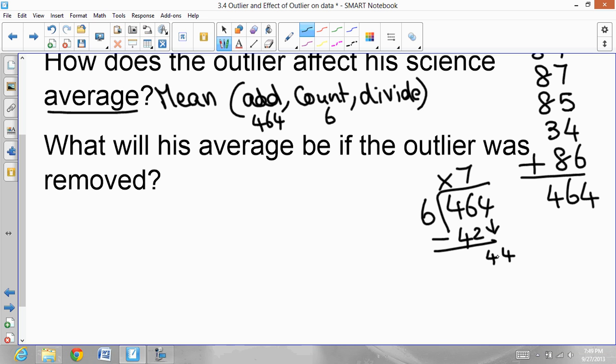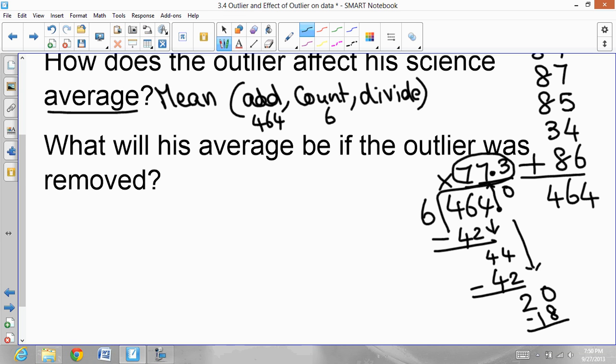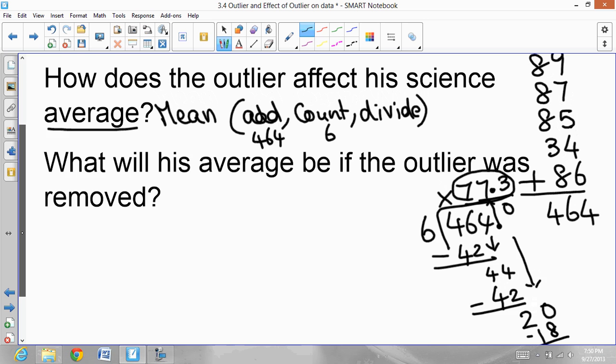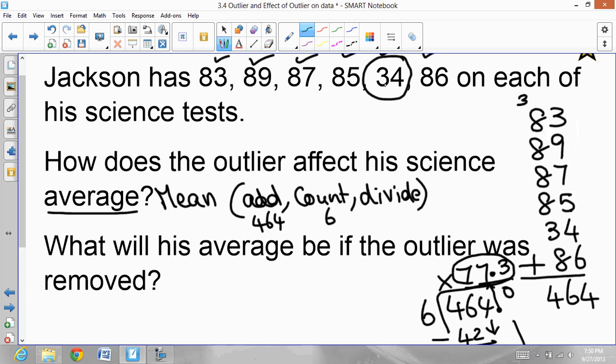So 6 goes into a 44 7 times, which in this case is 42, and you get a 2. Let's put a decimal point. Bring the decimal point straight up. Add a 0. Bring the 0 down. 6 goes into a 20 3 times, which gives you an 18, and it's going to keep going. So which means his average, if a science teacher was to put all of these scores on Pinnacle, is going to come to